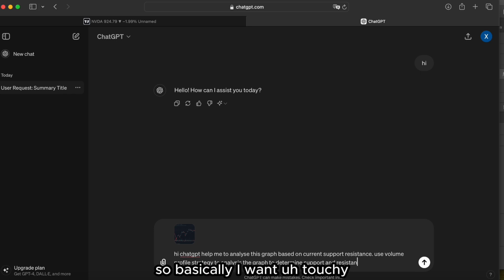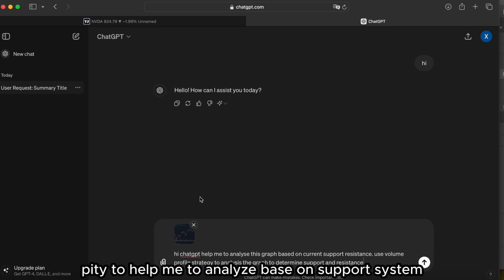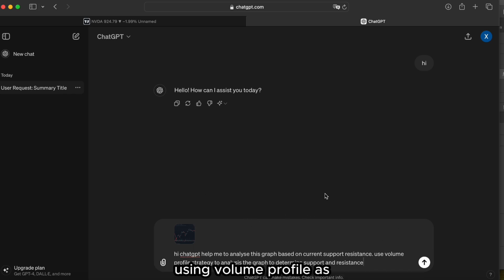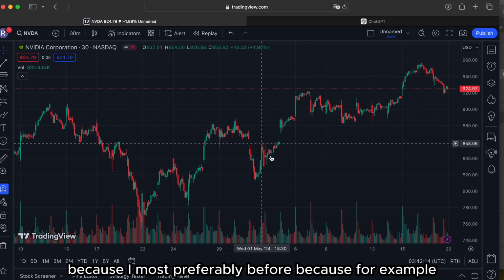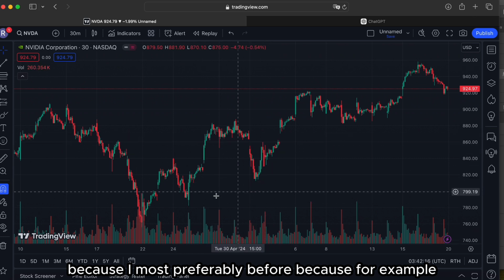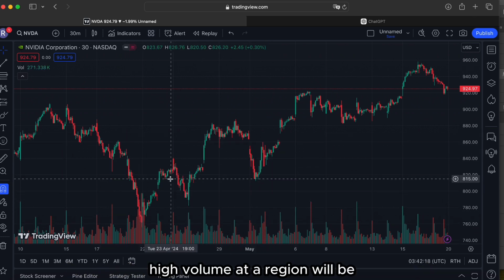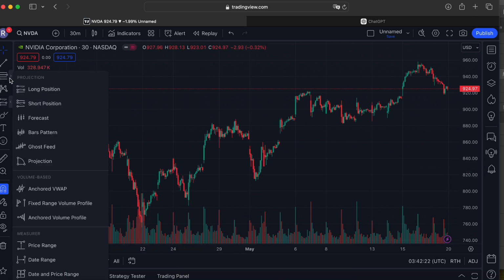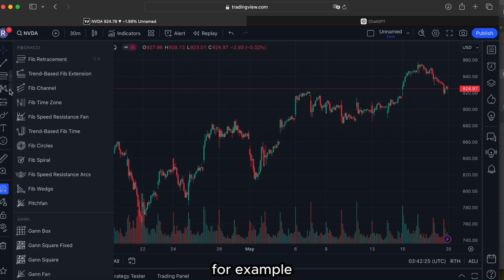So basically I want ChatGPT to help me analyze based on support resistance using volume profile, because I most prefer volume profile because, for example, high volume at a region will be, for example,